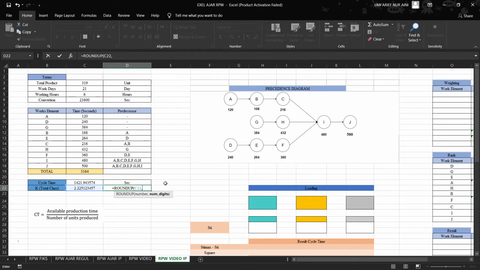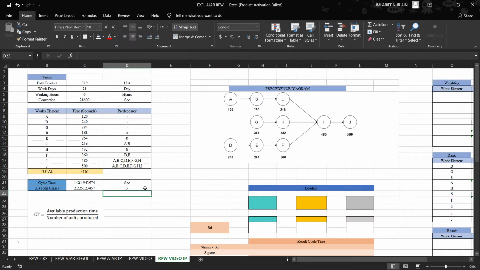If your Excel uses a semicolon instead of a comma, you can type the semicolon, and then for the number of digits you must include 0, and then close the bracket and click enter. After that, you can see the result of the total class is 3.